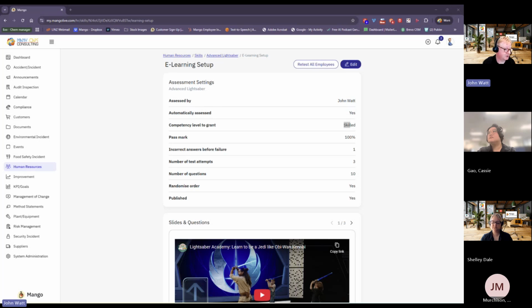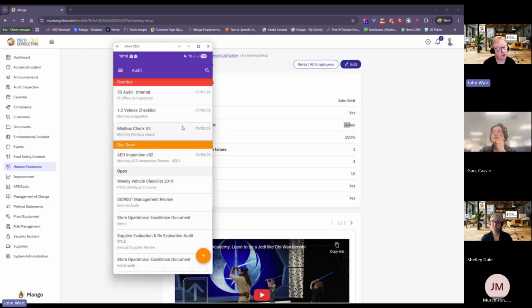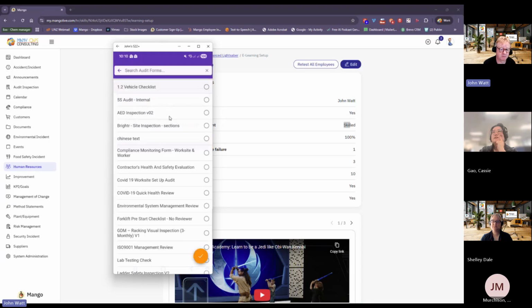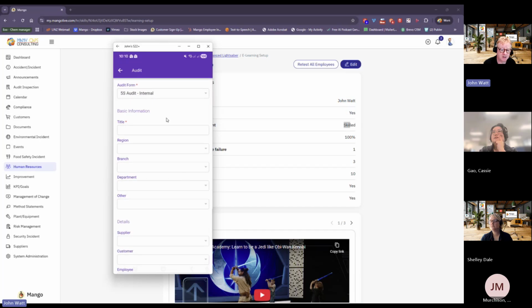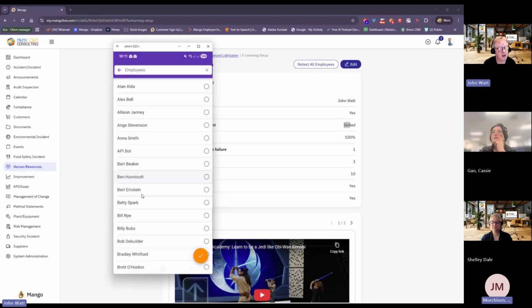And when they do that, this is where the system actually starts going, look, we actually want to work together, because what we can do there is do it on the app with an audit. When I set up an audit for a training thing, we've got the title and stuff, but in the details, we can tag the employee that we're actually going to audit. Then that audit goes back into their HR records as well as evidence that you've done that physical training, that physical inspection. Yeah, that's good.